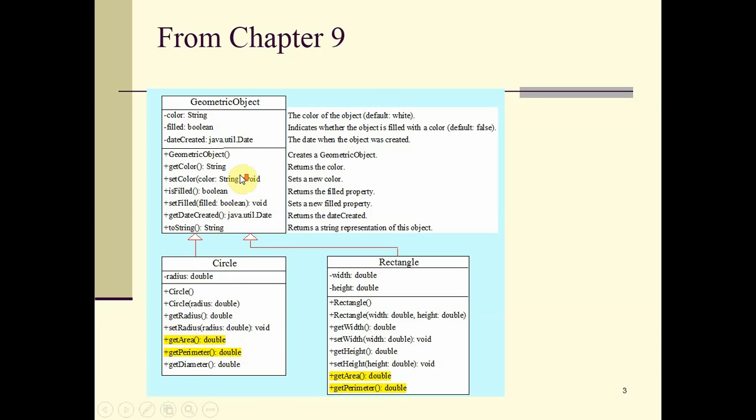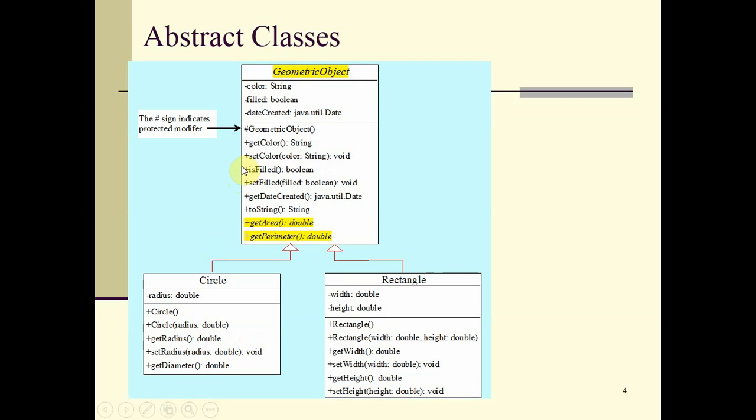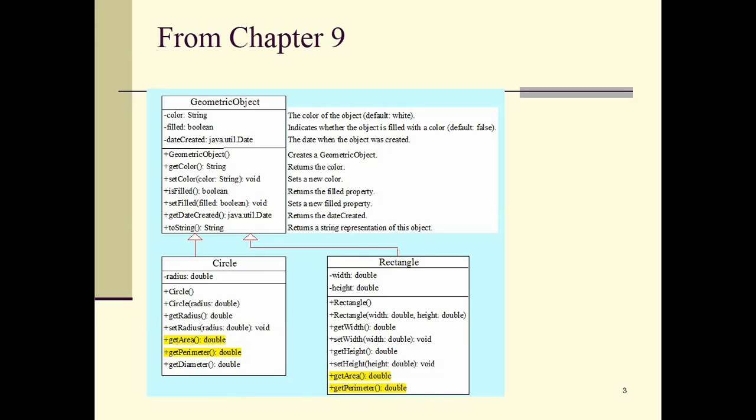Okay, look at this. This is how you develop an abstract class. If you have two classes which inherit the same class,